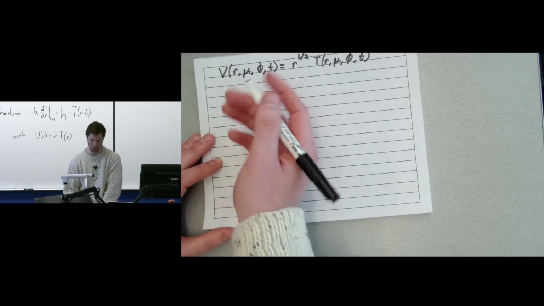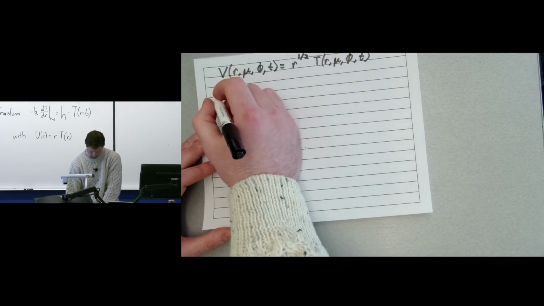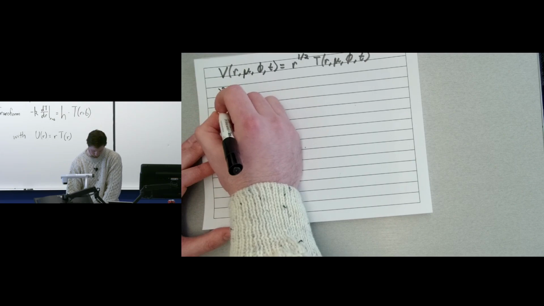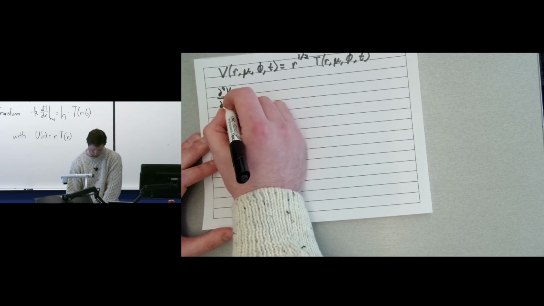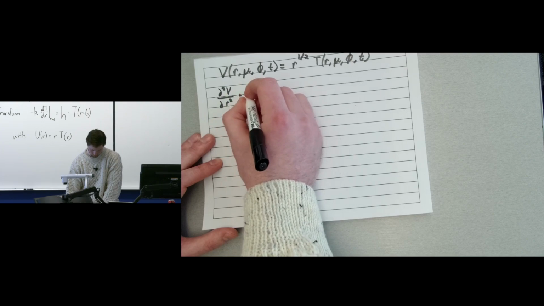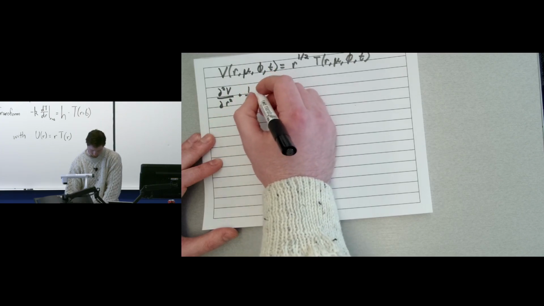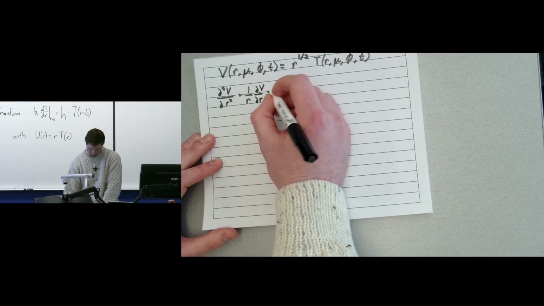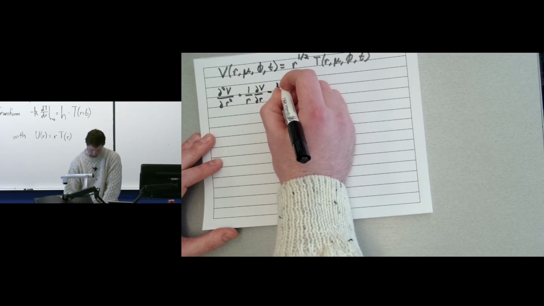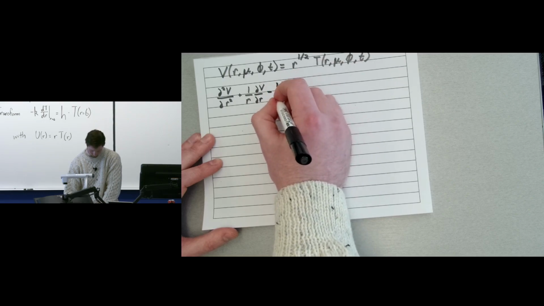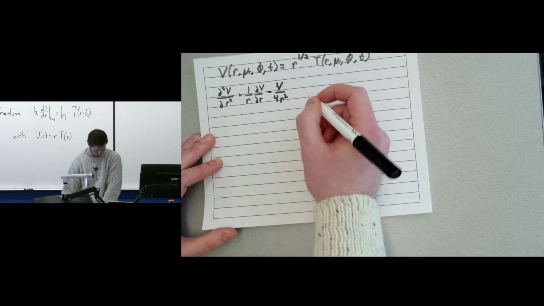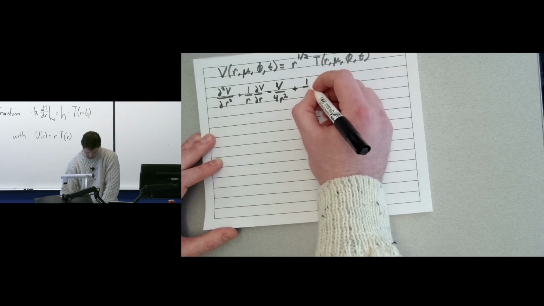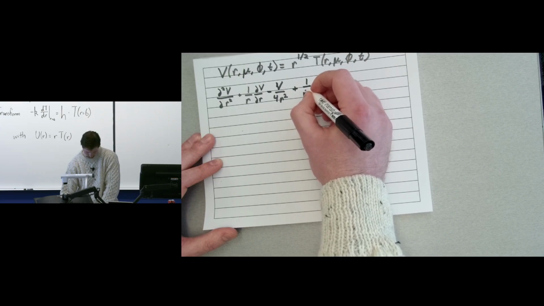When we plug this back into our governing equation, we'll have something of the form: the second partial of V with respect to R, plus 1 over R partial with respect to R, minus V over 4R squared, plus 1 over R squared